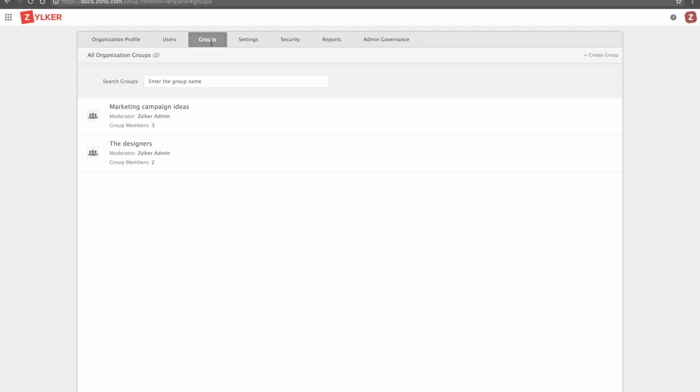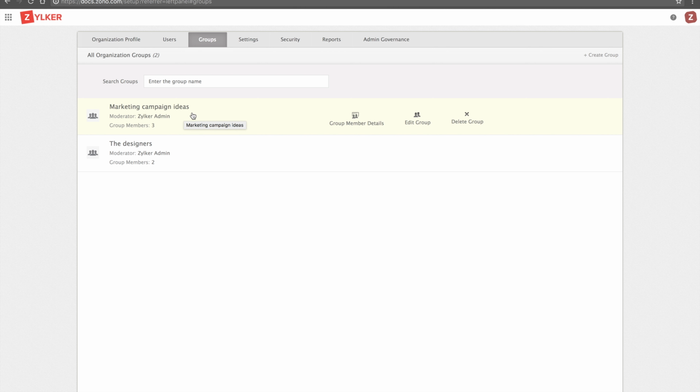Now, there'll be times when you do not want to send files to individual users separately, and you have a lot of such files to be sent to a particular group. Like you see here, I have two groups here, one for the marketing campaign ideas and one for the designers. There'll be times when I have to send common design rules or common marketing rules and other marketing messages to these particular target groups. Now, when I have to do that, all I have to do is send or share those particular files to these groups by just entering the group's name.